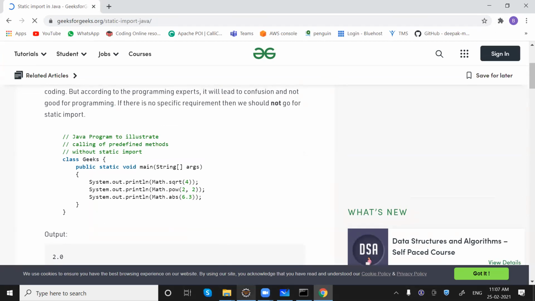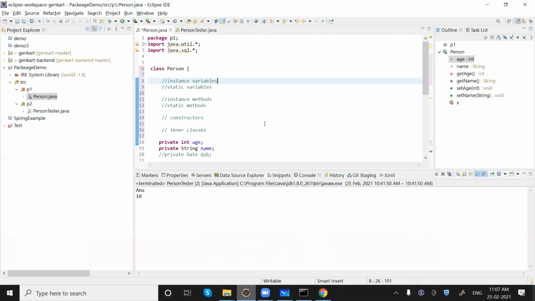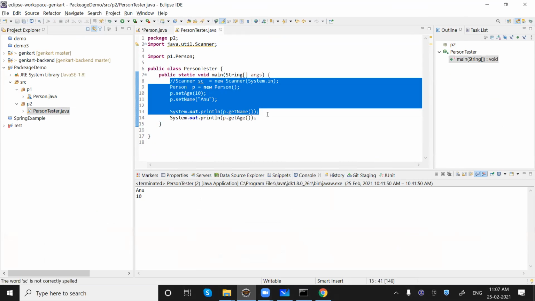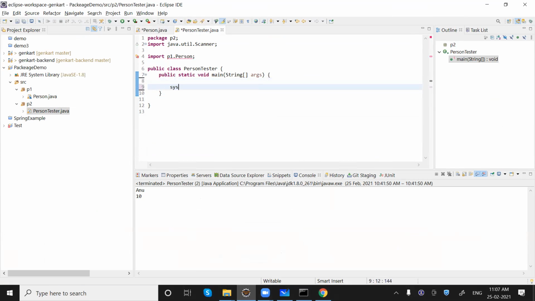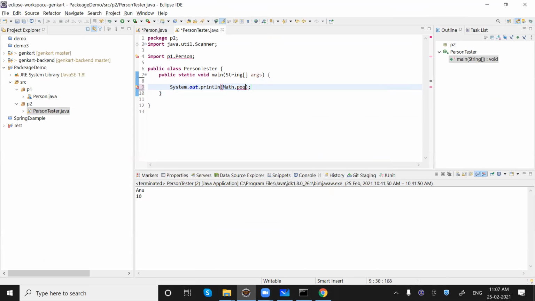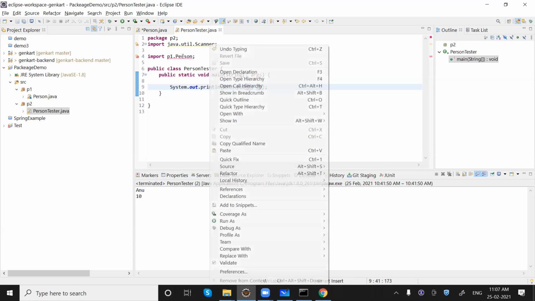Yes, so that says if you import classes using static, for example, let me take a small example here. We have a class called Math. We have a function called pow, the power function. So I'm calculating the power of 2 by 2, so it will say 4.